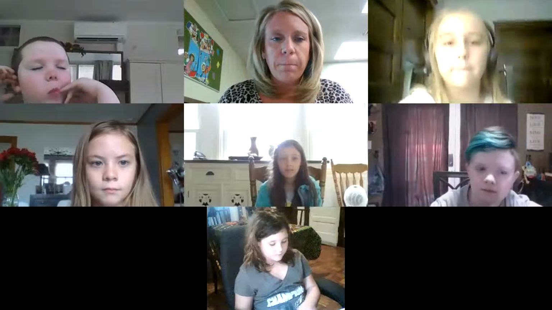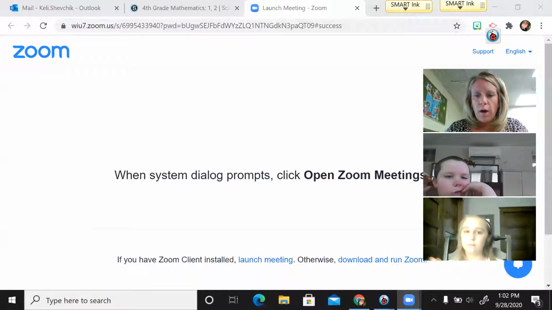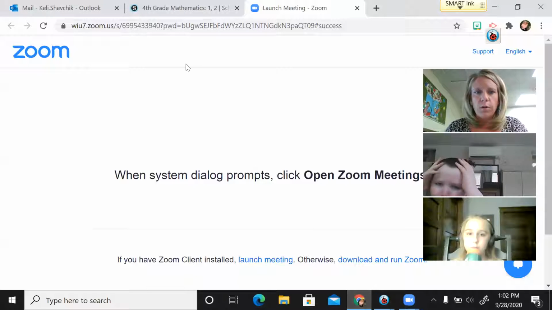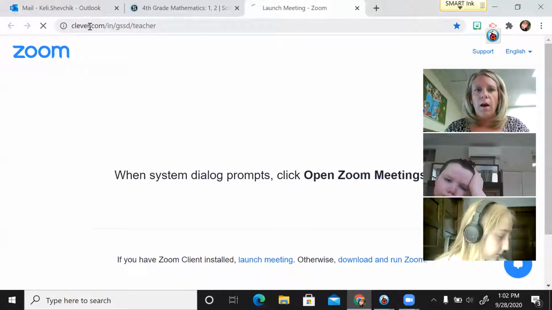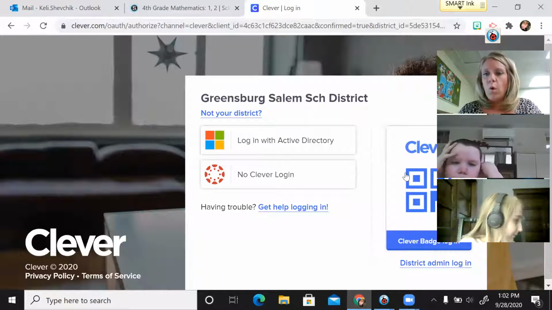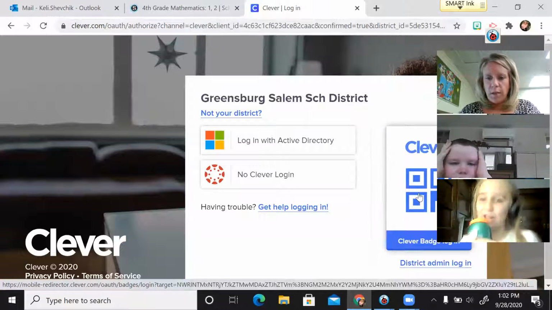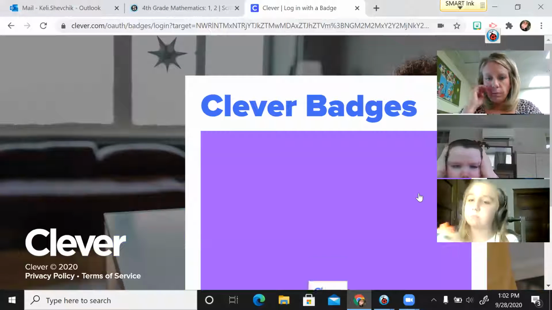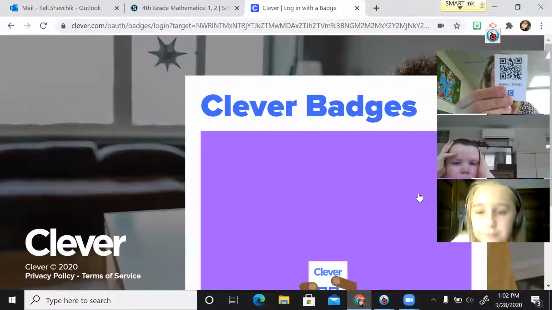I'm going to share my screen, and I'm going to show you how you would get on your science book. So you're going to go to the internet, and however you log in or however you get to Clever. When you get here, you're going to click where it says, click your badge, and then you would flash your badge